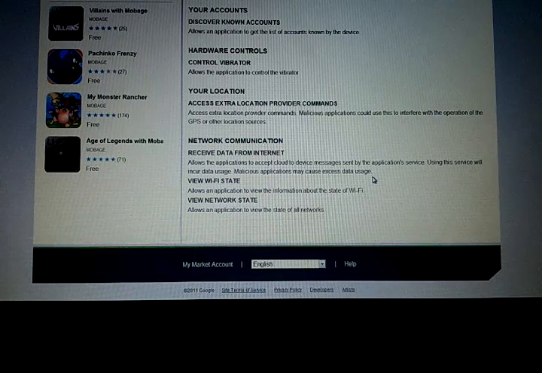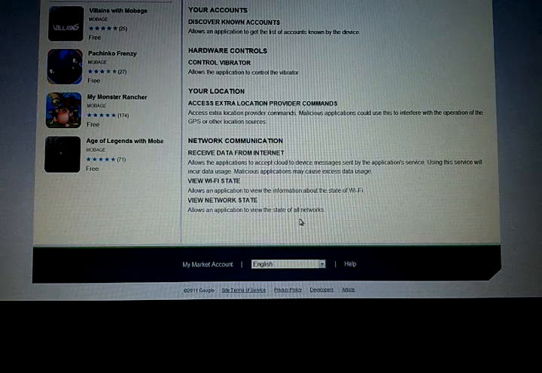And of course, Wi-Fi state allows the application to view the state of all networks. It's something standard. But there are like two or three of these permissions that make this a no deal for me. Now, of course, other people have put this on there. They don't say anything in their reviews of there being some issue, like seeing something on their phone bill that they didn't recognize. That is not what I'm saying. I'm not saying that this is a malicious program whatsoever.